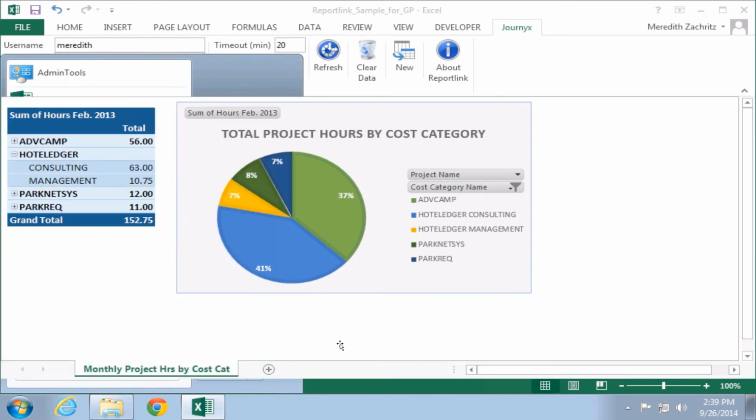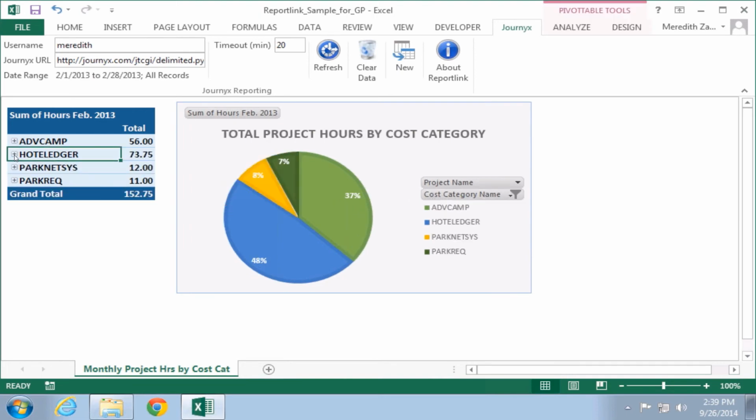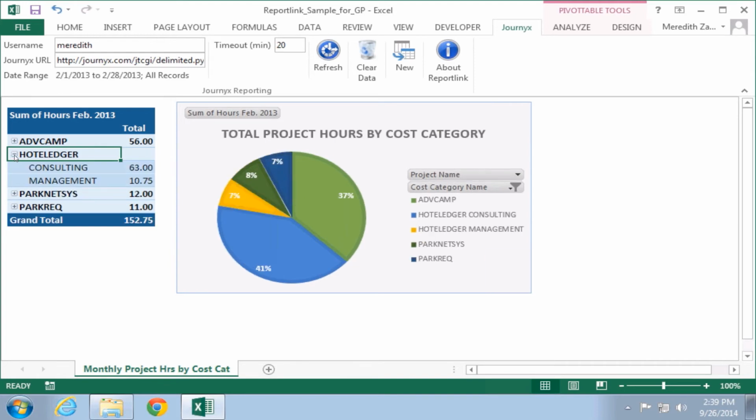Journyx Report Link can also be accessed via the Journyx Reports menu, and it allows you to tap into all the power and flexibility of Microsoft Excel pivot tables. Unlike a simple export to Excel, Report Link provides you with direct, real-time access to your Journyx data. You can build reports, add custom calculations, and then update your data at any time with the click of a